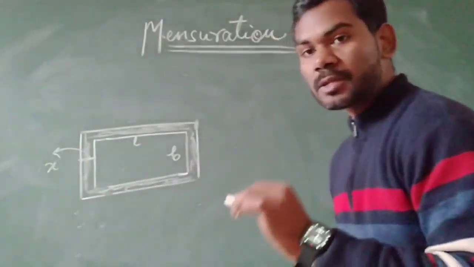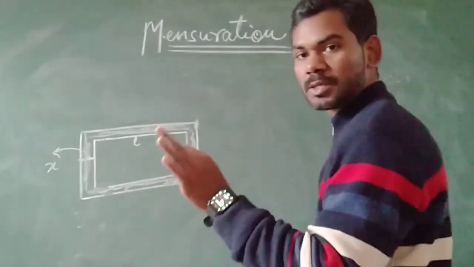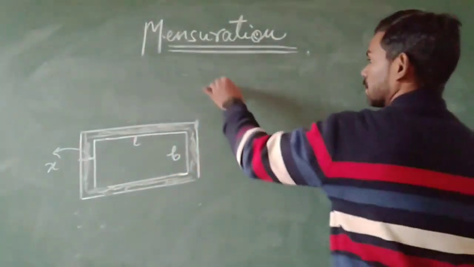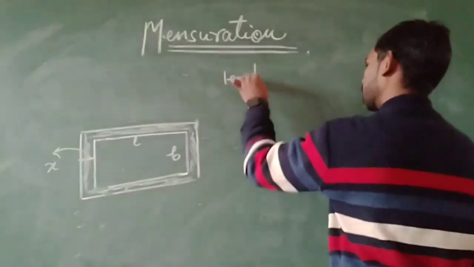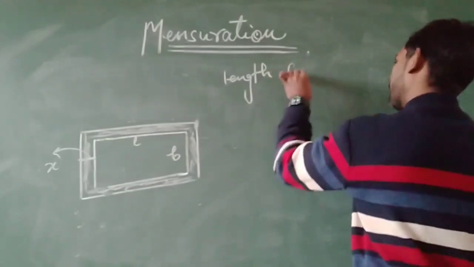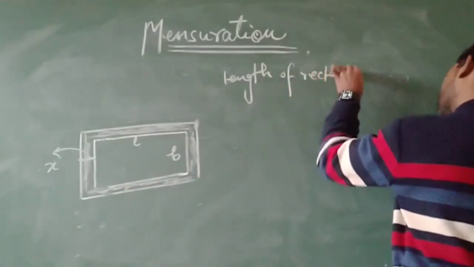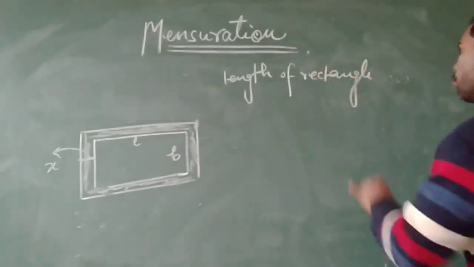Suppose that the thickness of this path is x, then the length of rectangle including path